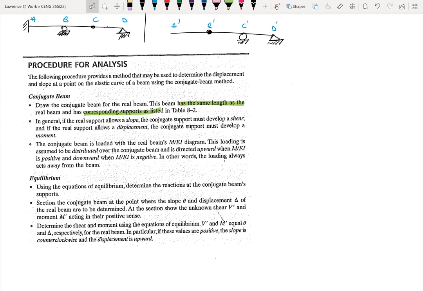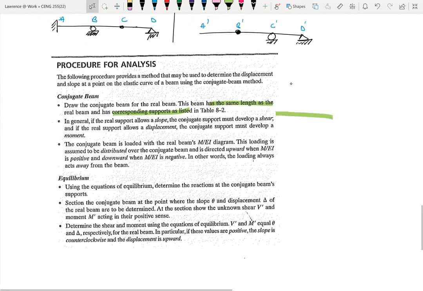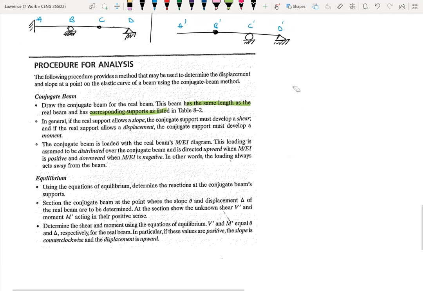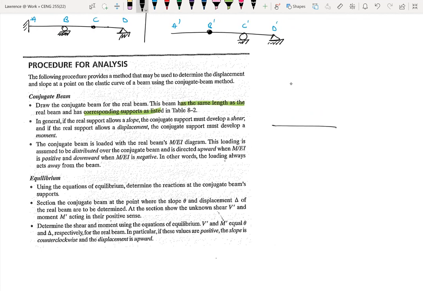So once we draw our conjugate beam, when we draw the conjugate beam, assuming let's say I have this as my conjugate beam, maybe something like this, just for the fun of it, which means that my real beam used to be something like this. So this is the real beam, and this is the conjugate beam. Once you've drawn the conjugate beam having the same length as the